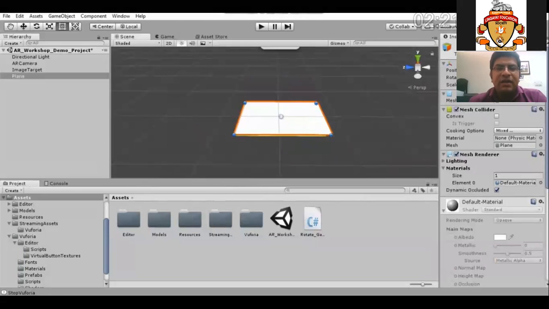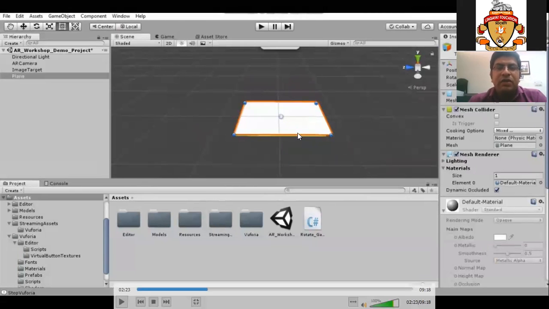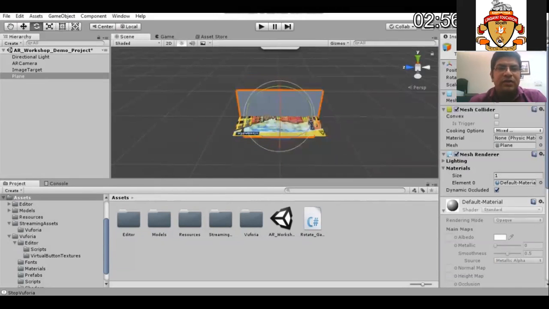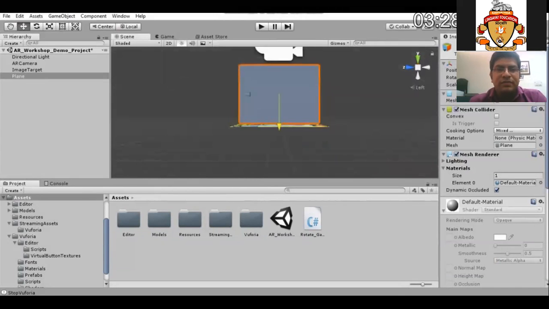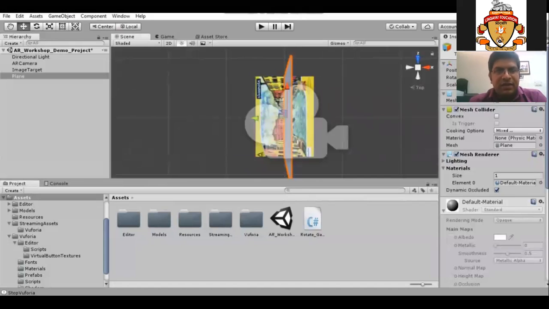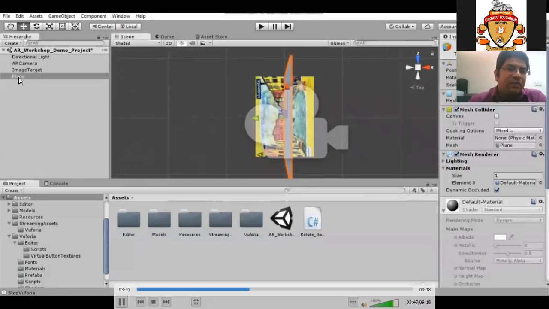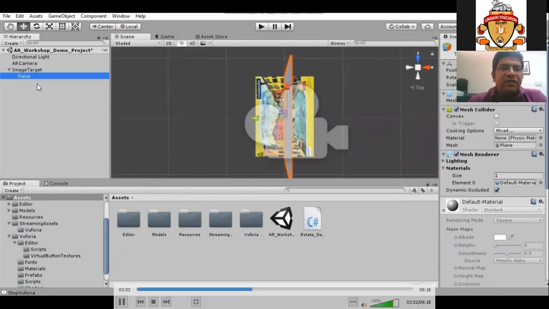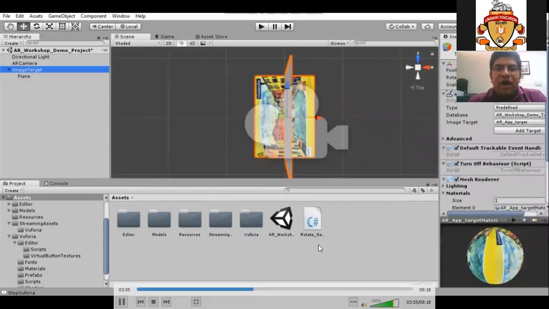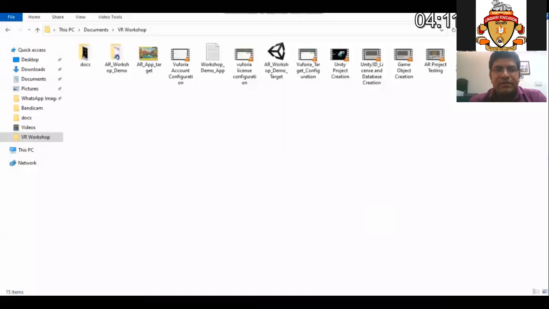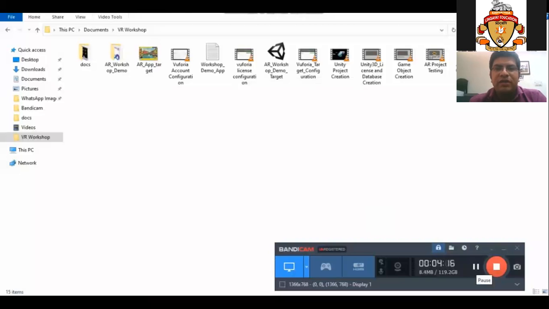Once that is done, I'm changing the rotation of the plane so that the video is played perpendicular to the AR object. So I've given it a 90-degree rotation. Once the plane configuration is done, we will make it a child. The plane will be a child of the image target, and what remains is to upload the particular video we want to play in the AR. So I will just select it and upload it.